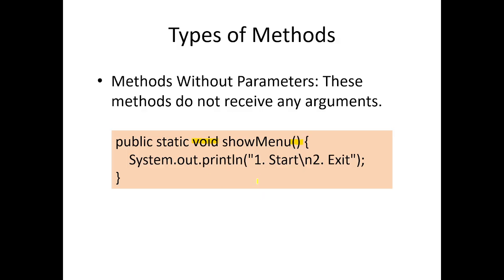So the task for this method is to display one start, two exits, for example. The method name here is show menu. Method name is quite similar to function name, so usually we transform it from your problem. You need to know what the main task for the problem is, then we can do some